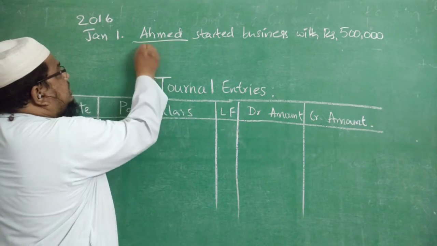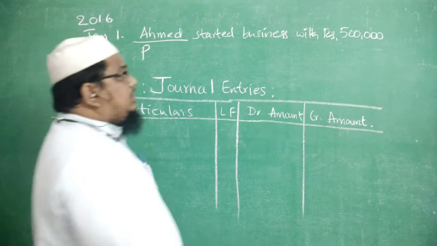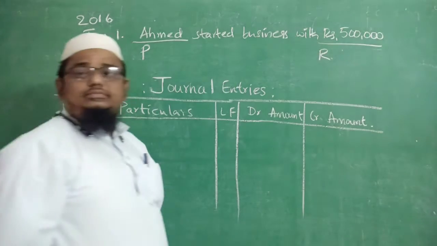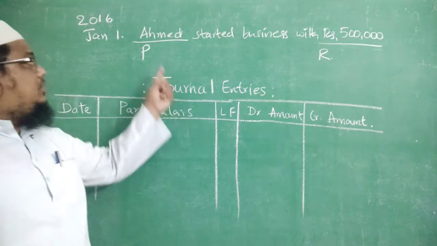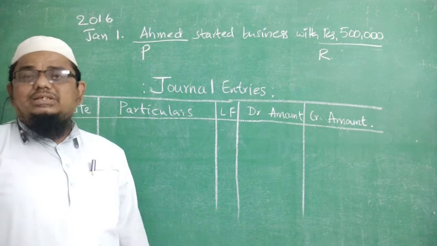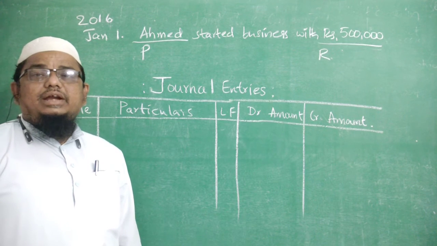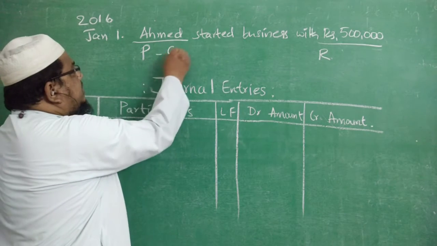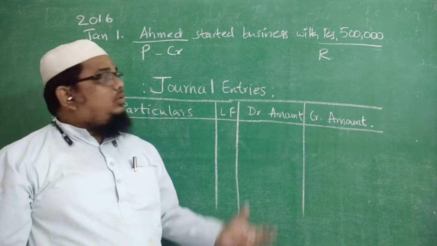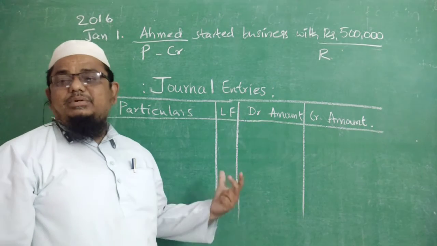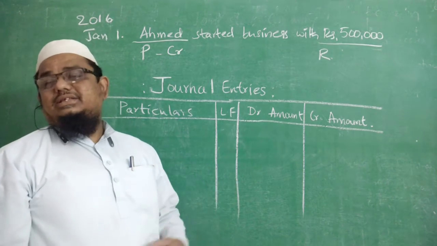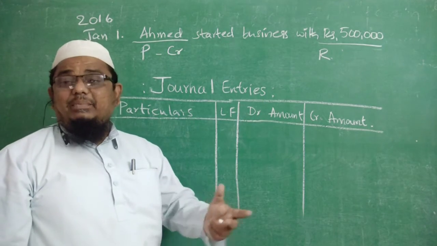So Ahmad comes under personal account, and rupees 5 lakhs cash comes under real account. Now here Ahmad is the giver. So personal account rule: debit the receiver, credit the giver. So this Ahmad we have to credit. The next, rupees 5 lakhs. Now rupees 5 lakhs is coming into the business. Ahmad is investing rupees 5 lakhs in business, so that rupees 5 lakhs is his capital